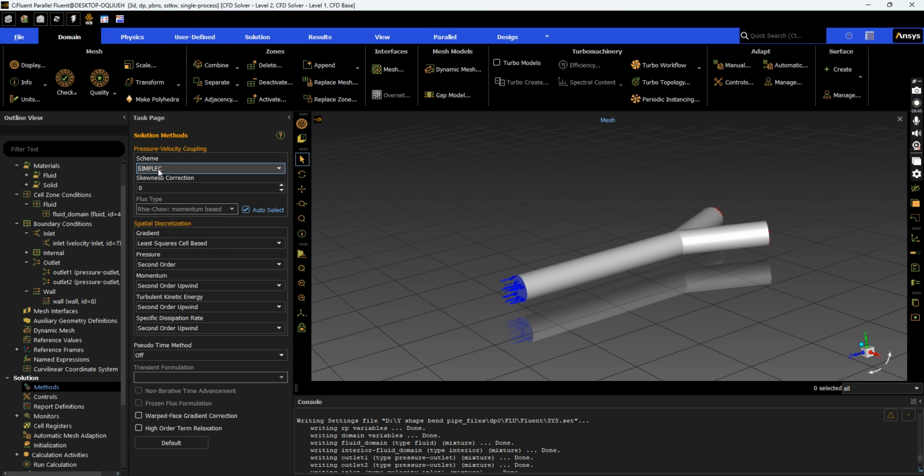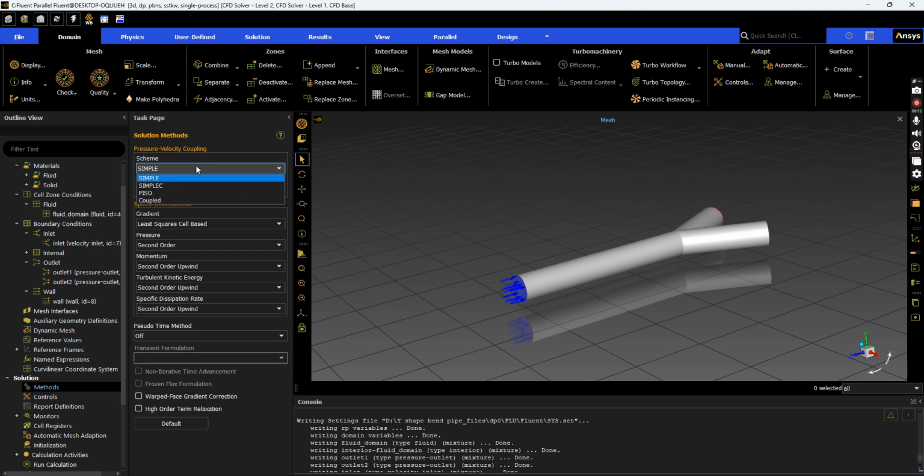SIMPLEC is an abbreviation of Semi-Implicit Method for Pressure Linked Equations Consistent. This is just a pressure velocity coupling algorithm that is used to satisfy the continuity. It calculates the pressure correction to satisfy the continuity, and you should basically use SIMPLE, but if